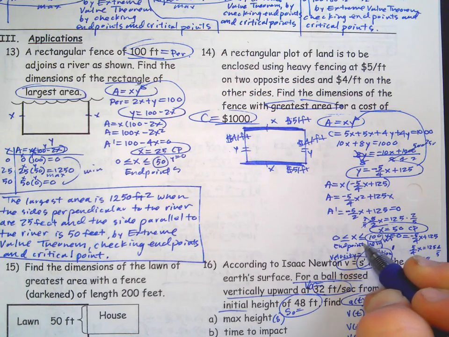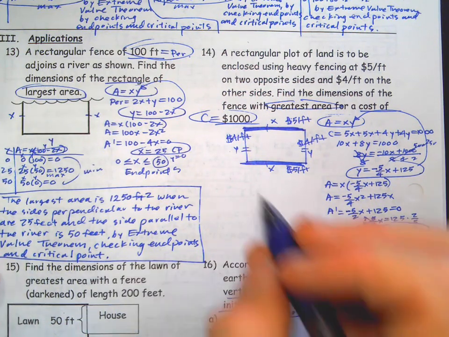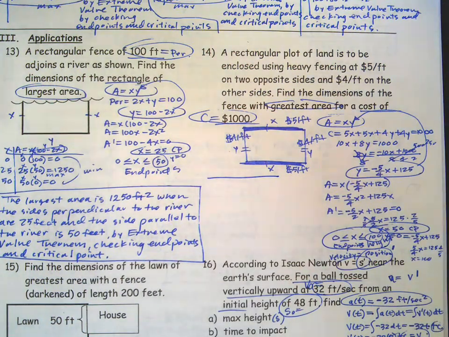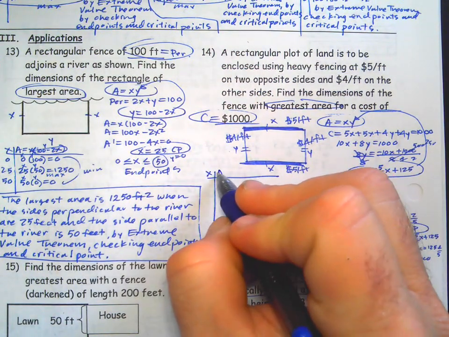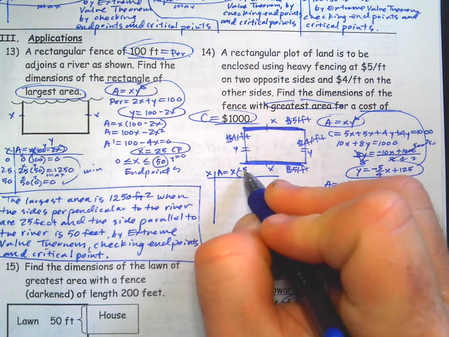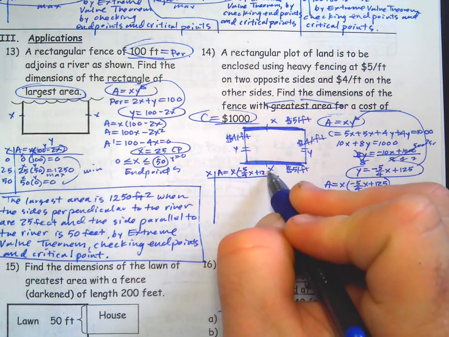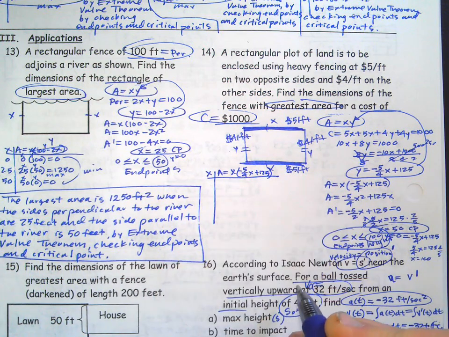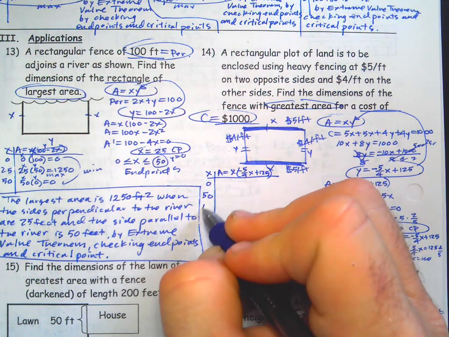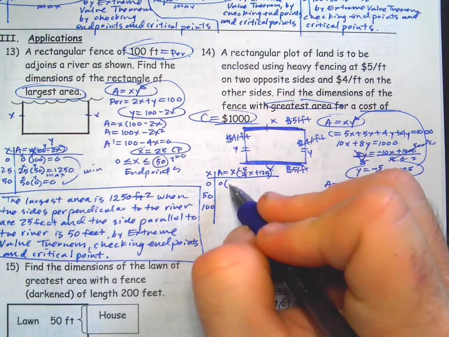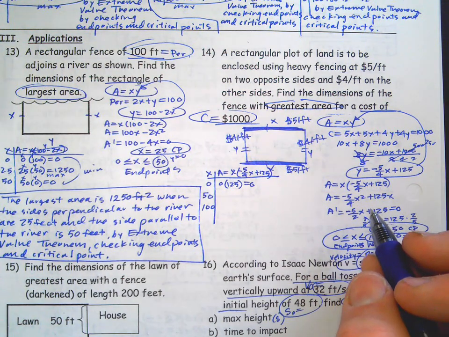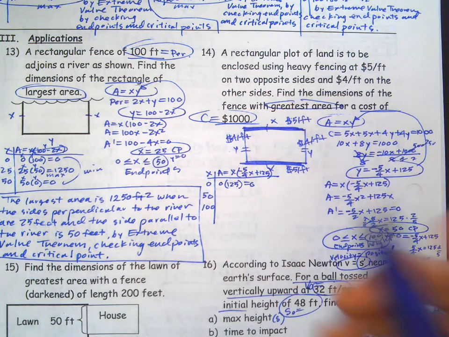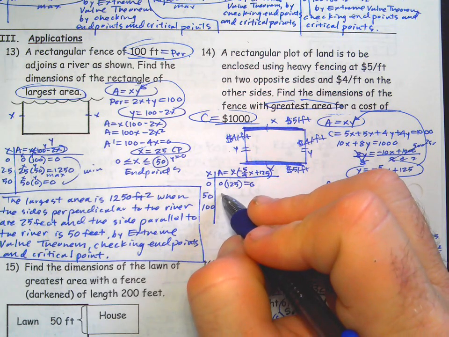Okay. So now we're going to make a table. So I got this in x. So area equals x times negative 5/4 x plus 125. I like that factored form. Our endpoints are 0 and 100, our critical point 50. So you plug 0 in here, it's going to be 0 times 125, which is 0, which makes sense. It's kind of like a stupid fence because it's like they're right next to each other, but it is a possibility. Plug 50 in, you get 50 times